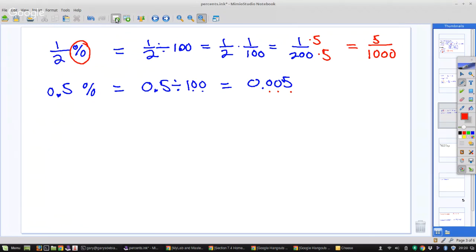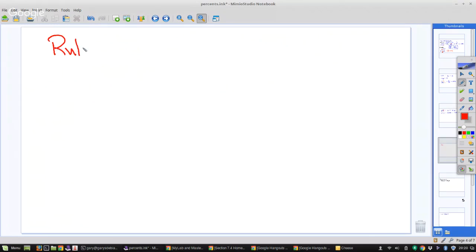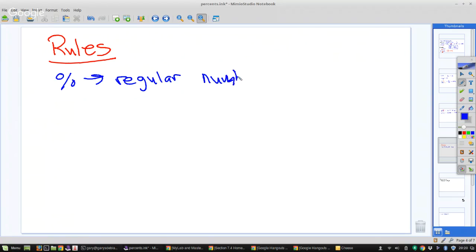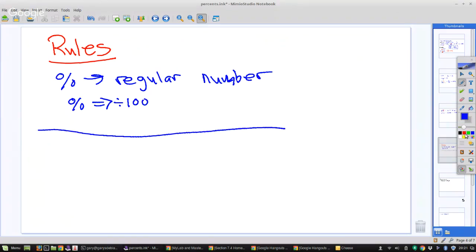So some rules for working with percents. If you want to convert a percent to a regular number, you just convert the percent symbol to dividing by 100. If you want to take a regular number